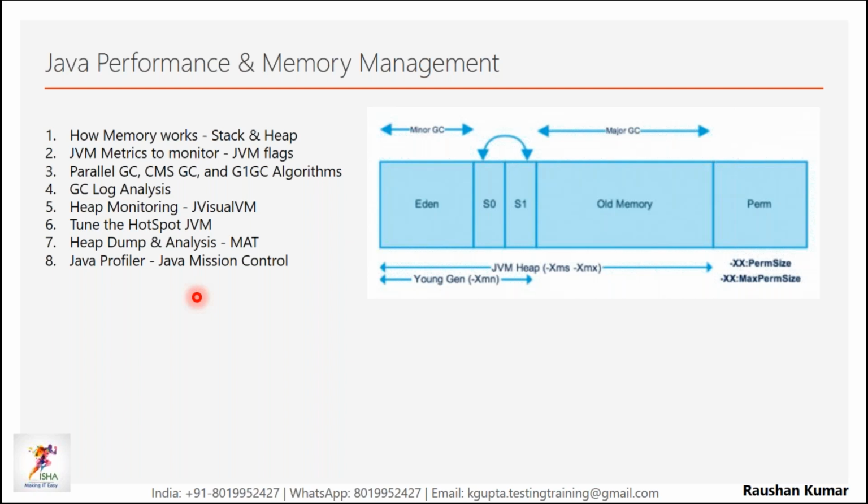What do you get from a heap dump? You get the troubling method, the method which is causing the problem. And we have to do something on the coding side. So you have to learn code to fine tune that application so that you can talk to the developer. If you have not been given access to change the code, you can talk to the developer and suggest your point of view. That is why learning Java coding is very important here. And we'll use JMC as a Java profiler.